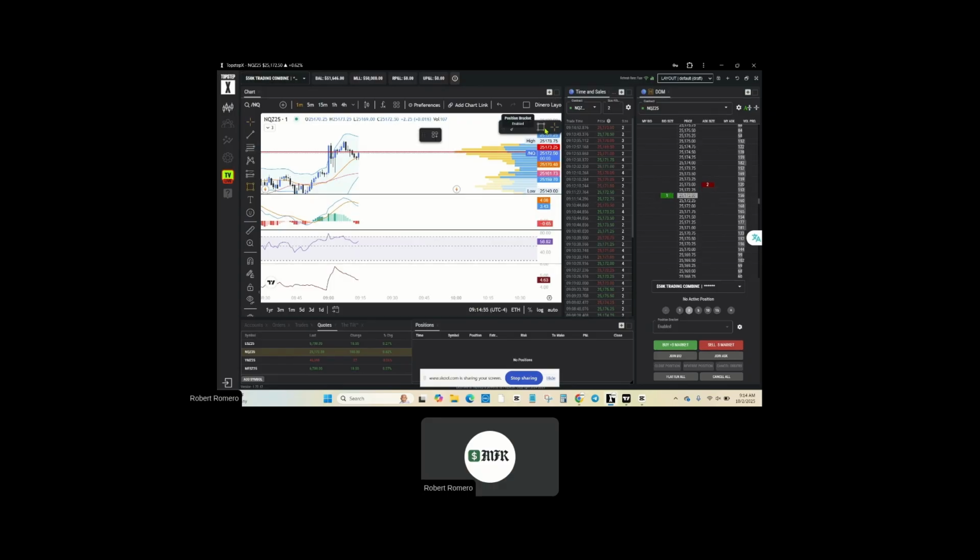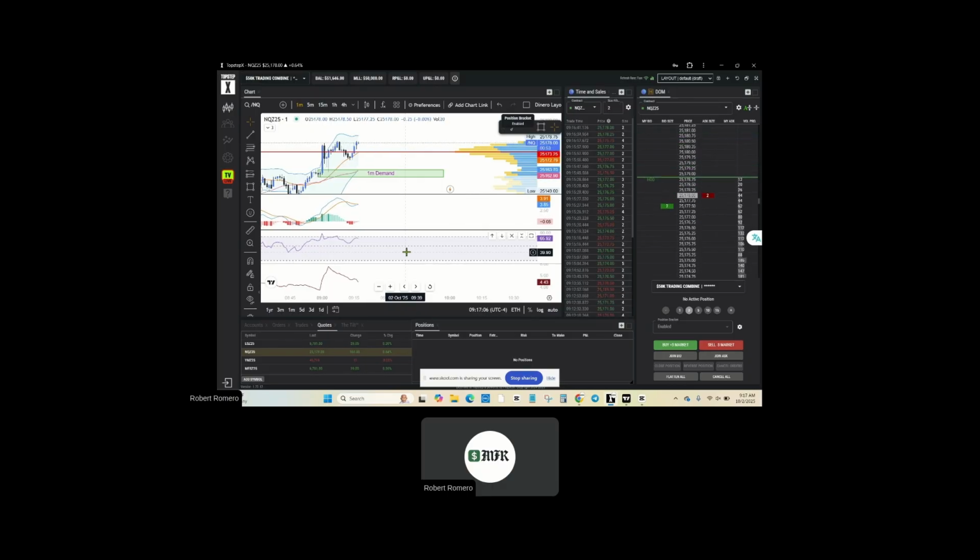set my demand zone. So for my 1 minute time frame, I set my demand zone right there. Boom, and it was the 1 minute demand zone because I was in the 1 minute time frame. And the next thing I wanted to do was basically see if price would now respect that demand zone because